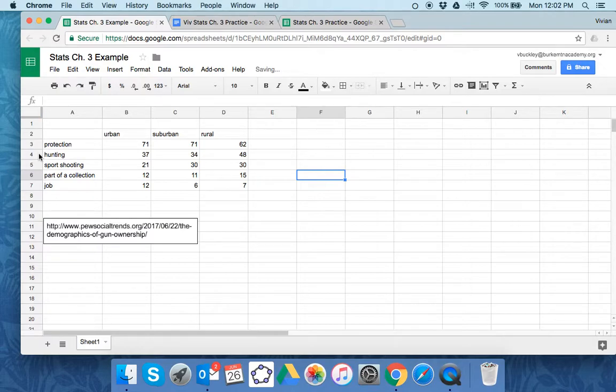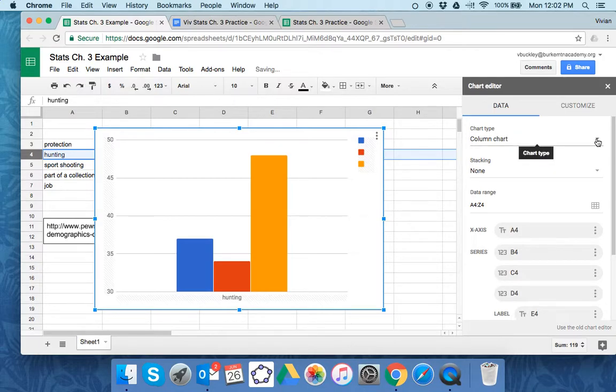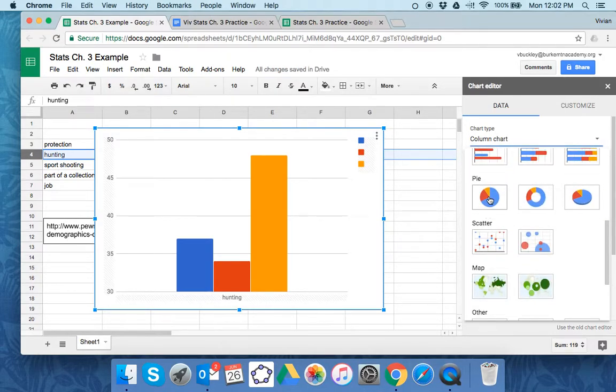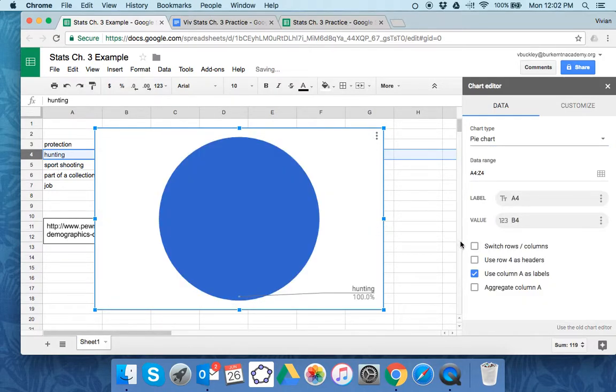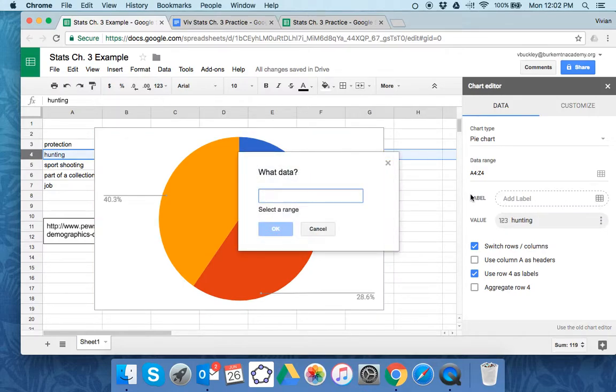What if I wanted to do hunting? Well, I'm going to choose that row, and notice I can't just highlight urban, suburban, and rural again. So I'm going to create my pie chart. And I'm going to switch rows and columns. And just to make sure, my value is hunting, and I want my label to be, oops,